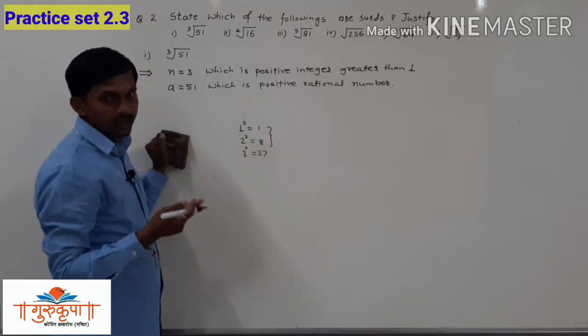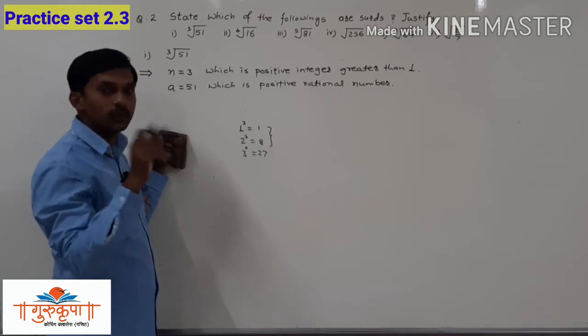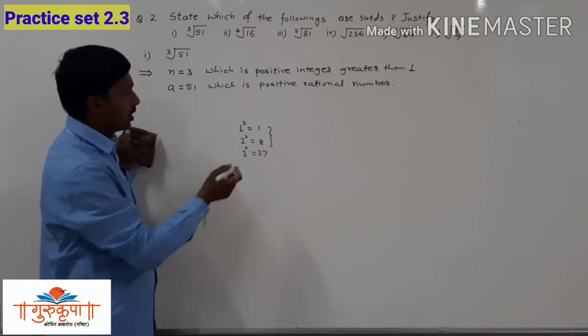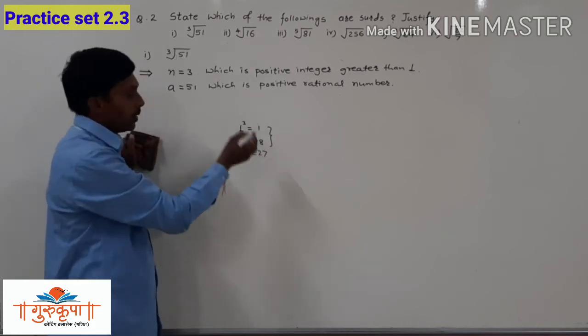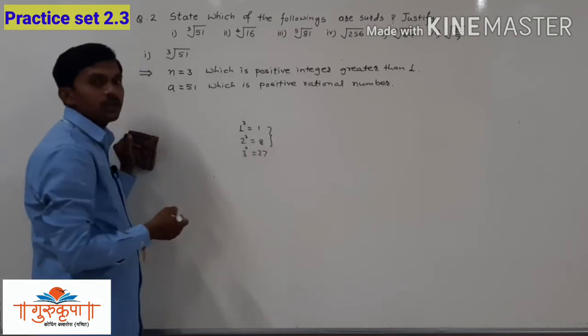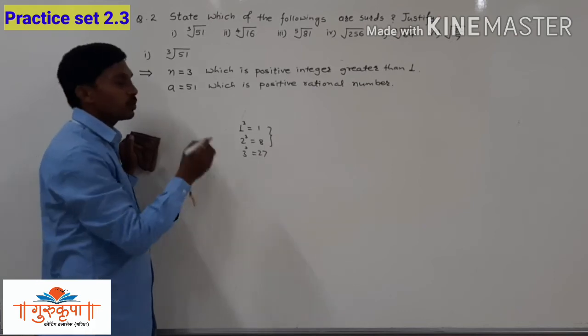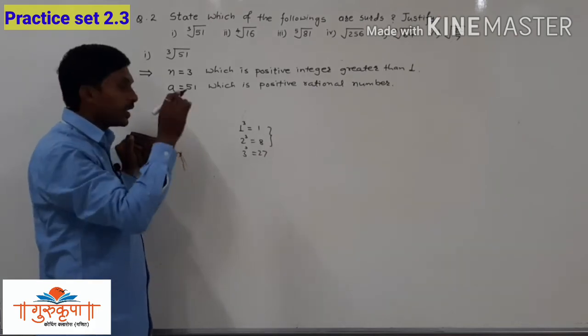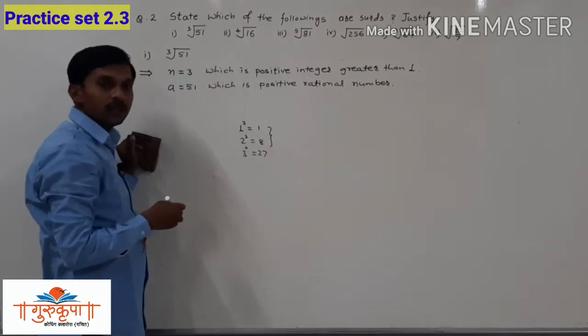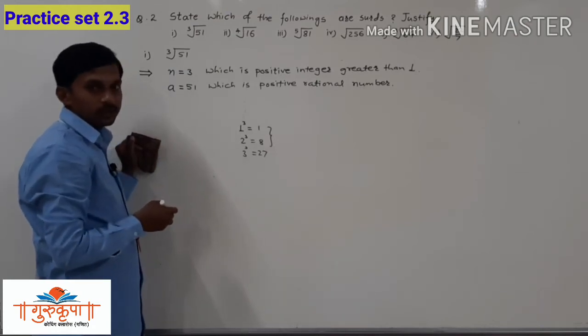9 has no cube root, we cannot find the cube root, and if we find it, then it should be irrational. Then 9, 10 up to 26, between 8 and 27, no number has a cube root, or we are unable to find the cube root of that number, and if we try to find that cube root by using the division method or other methods, then it should be an irrational number.